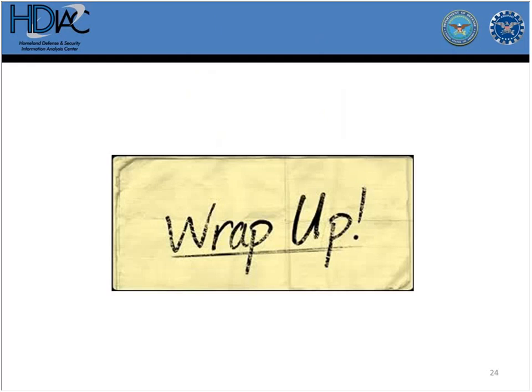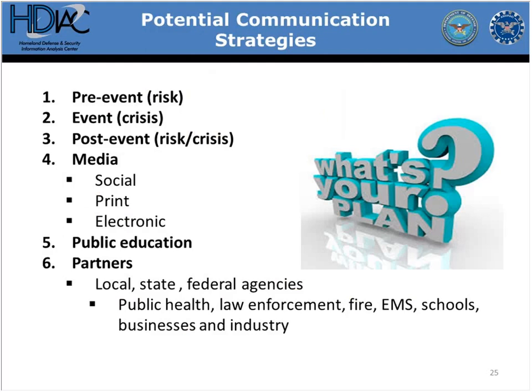So, in closing, what I'd like to close with is that depending upon where you are within the event, you may use either risk or crisis or a combination of risk and crisis communication principles. If it's pre-event, you're going to most certainly want to look at messaging that prepares the public to accept a certain degree of risk. If you're in the moment, in the crisis, then that communication is very urgent. It's very important that people be able to get that information so that they can protect themselves and their family. In post-event, it may be a combination of, we need you to remain sheltered in place. We need you to remain at this shelter because the risk associated with this event is still prevalent